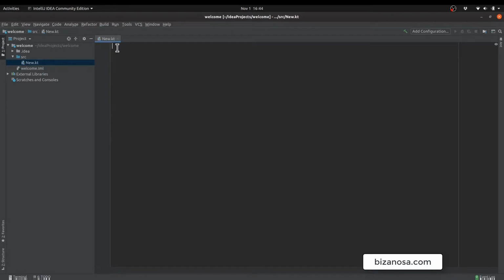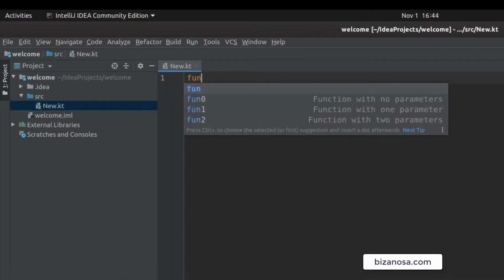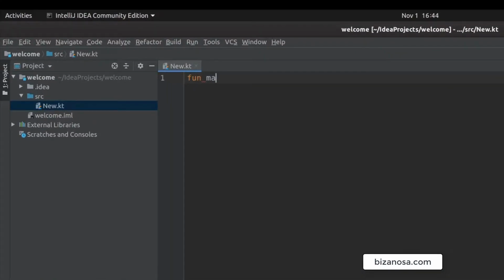So in Kotlin, you'll just write fun main, and this is the main function. So this is a function that is run by default on any Kotlin program. So let's say we want to output the result of 2 plus 2. So we are going to say print